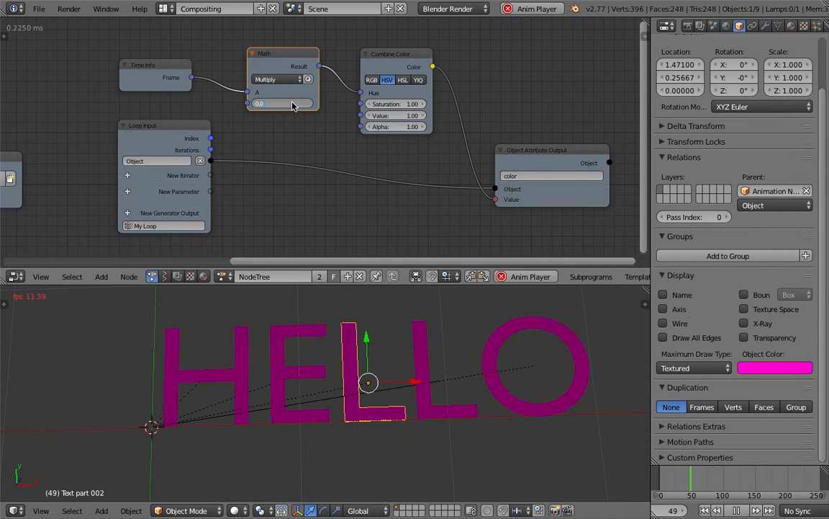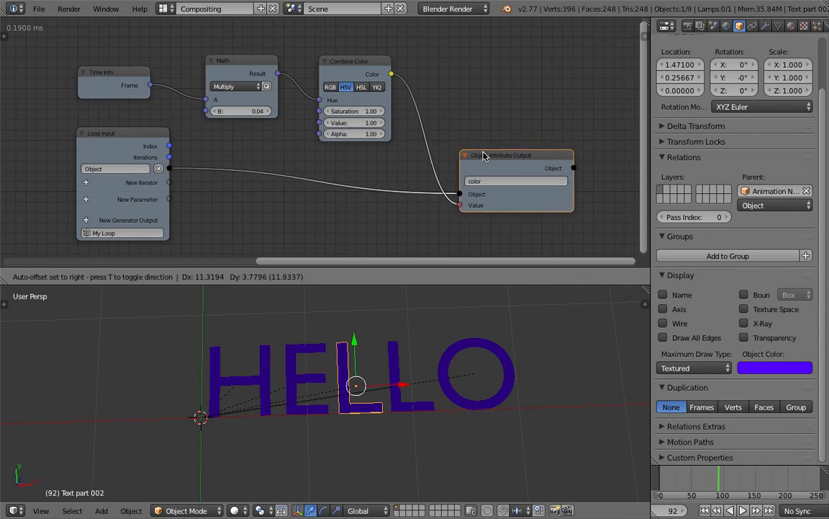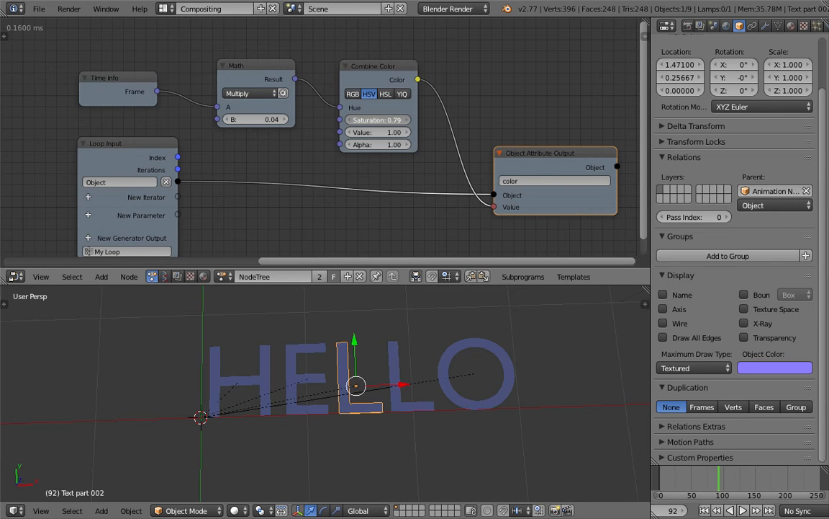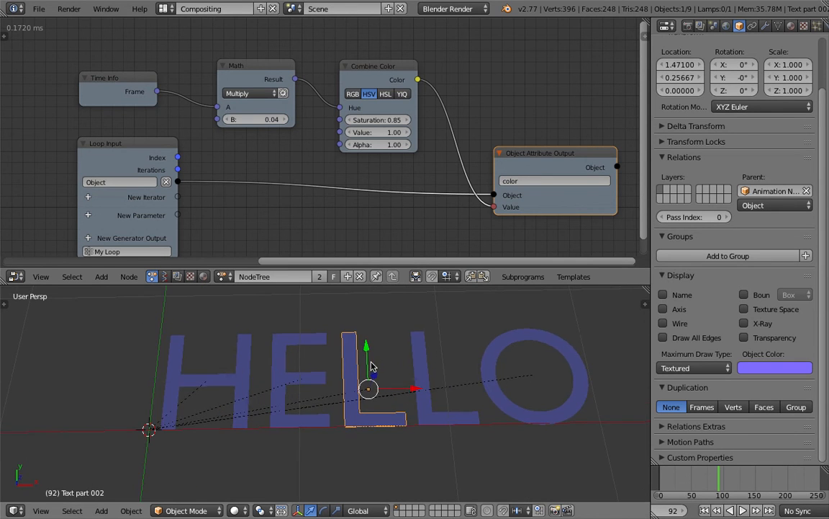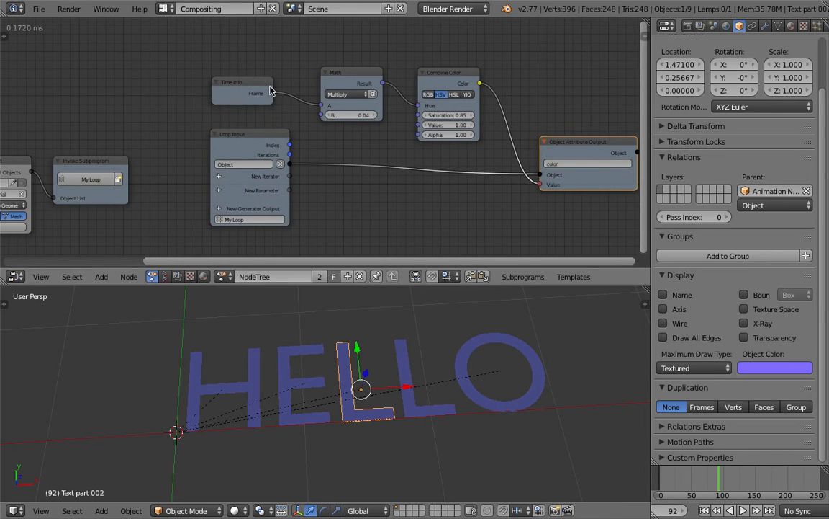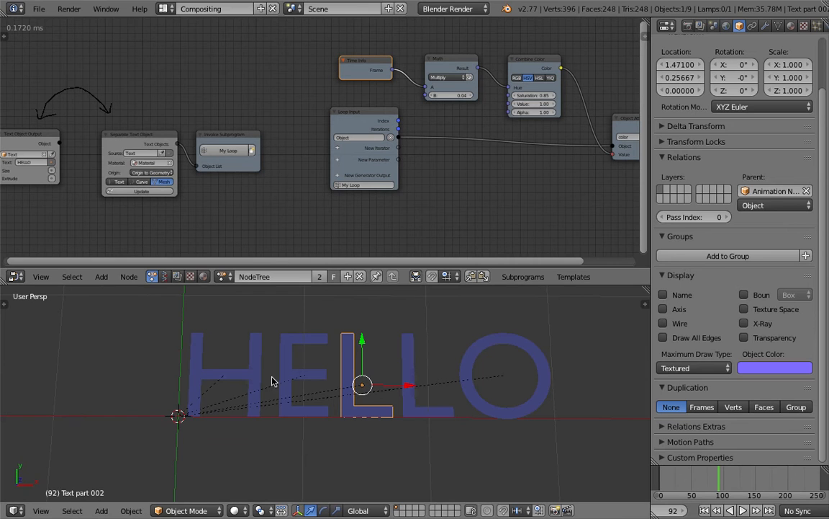So it's the basic stuff. Whatever value we change here will affect the resulting color. Okay, that's cool. What else can I show you? Okay, how to colorize each and every